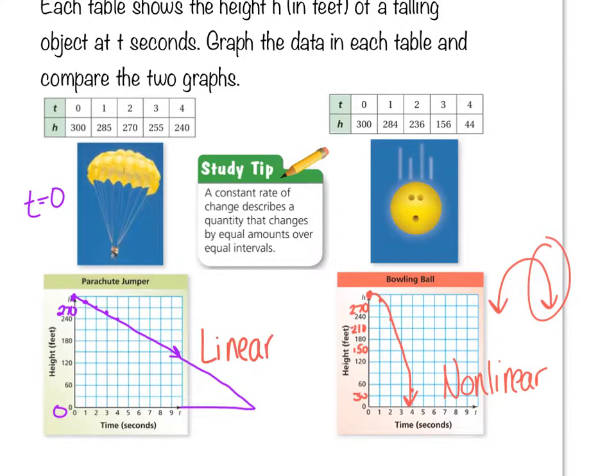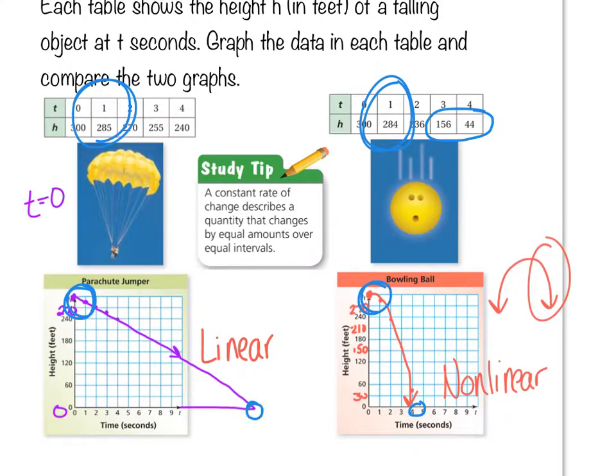And if you compare the first two, after 1 second, they're pretty much in the same spot. One was at 285, the other one was at 284. And then the bowling ball really picks up speed. It's still falling, but its speed is increasing to the point where after 1 second, it made a huge drop. It jumped over 100 feet to go from 156 at 3 seconds to 44 at 4 seconds. So it's going to hit the ground, I'm guessing, right between 4 and 5 seconds,